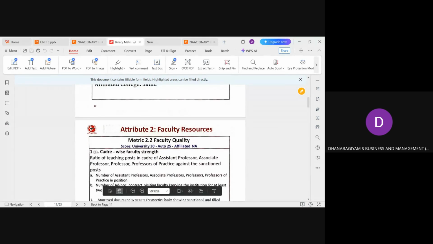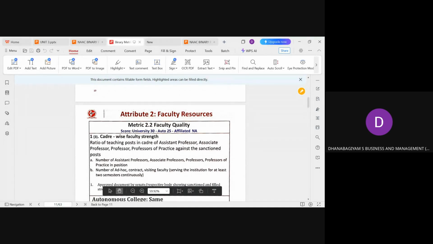So this needs to be done very carefully, and the faculty recruitment also needs to be done most probably with PhD holders, and either NET or SET or KSET, at least they should qualify these levels. So that is very, very important. Yes. And next,